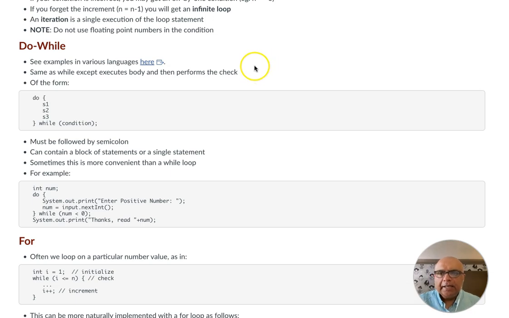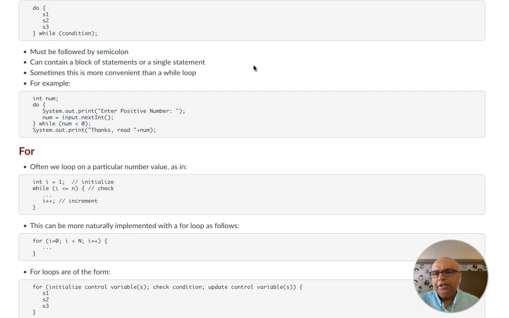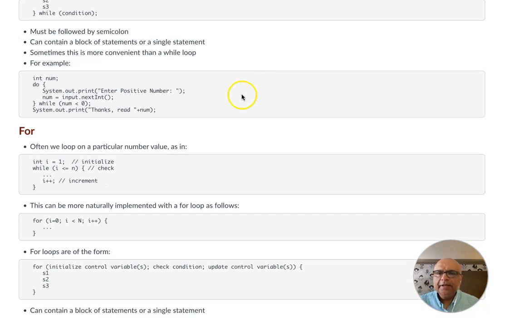Now we get to our last looping construct, which is the for loop. Now you've noticed that in a lot of our loops, we've been using the notion of a counter to control the loop, right? So the typical pattern has been that we initialize a counter, we check the value of a counter for the end condition for the loop, and then we increment the counter or decrement the counter depending on the logic, right? Now the for loop allows us to specify this more succinctly, and the for loop has the